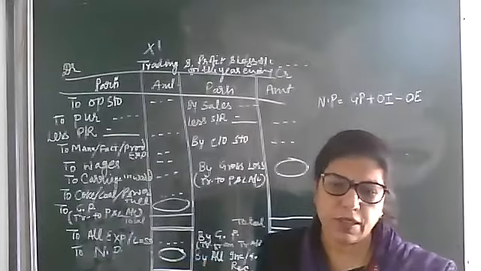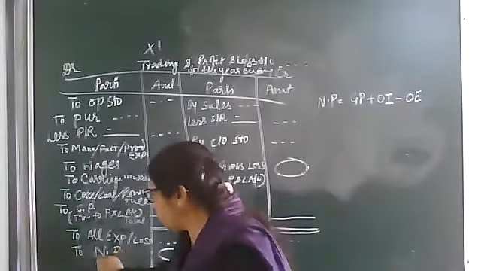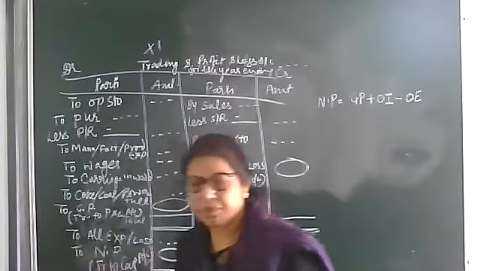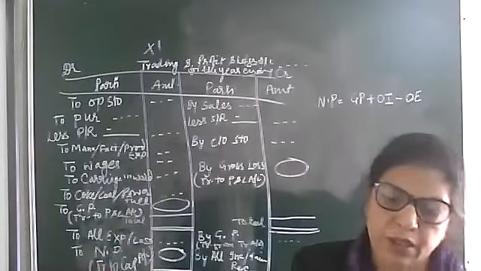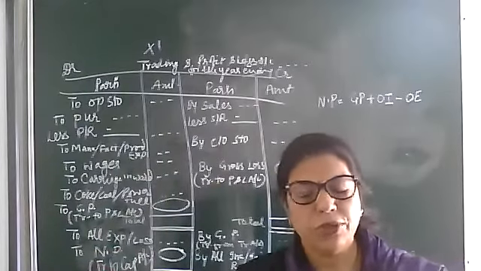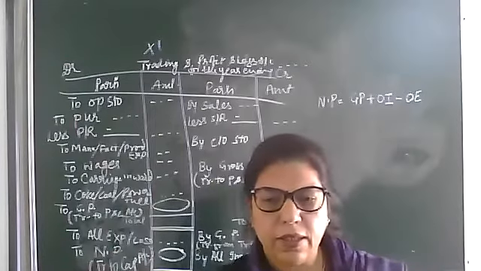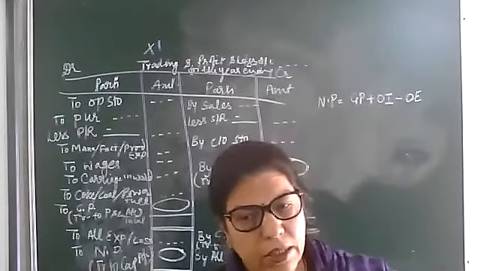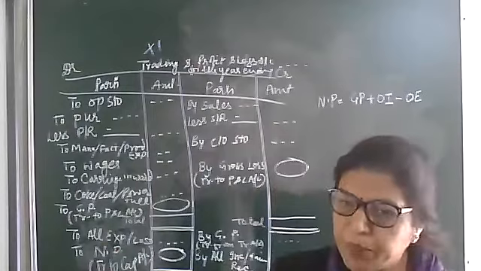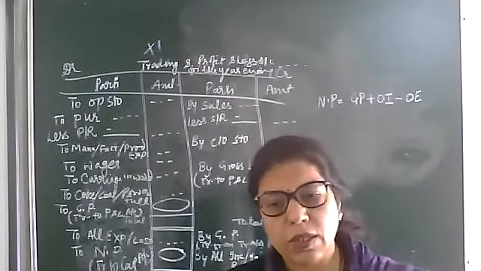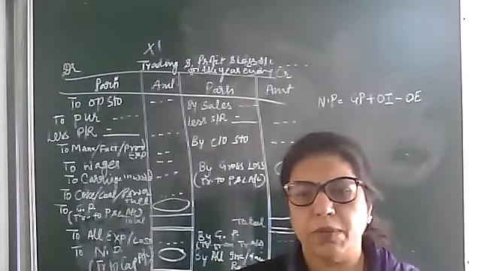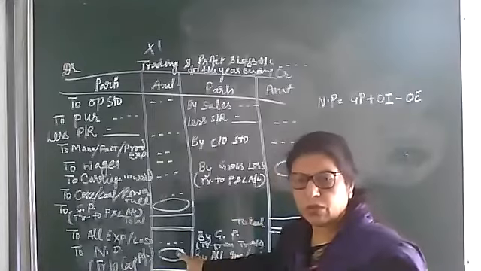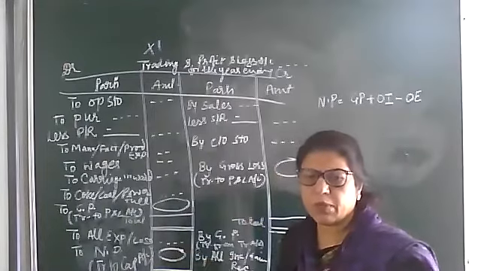Now, where to transfer this net profit? Simple. Transfer to capital account. As I told you in the beginning of accountancy, in the accounting equation chapter, all the income will increase the capital of the businessman and all the expenses and losses will be the reason for a decrease in the businessman's capital. So here net profit is known as the amount transferred to the capital.